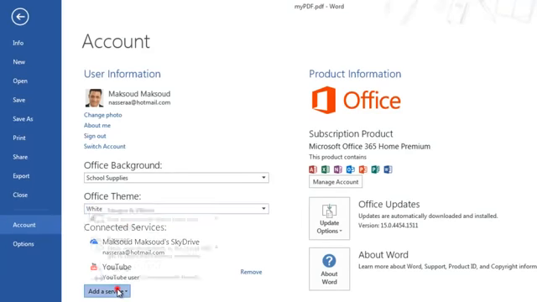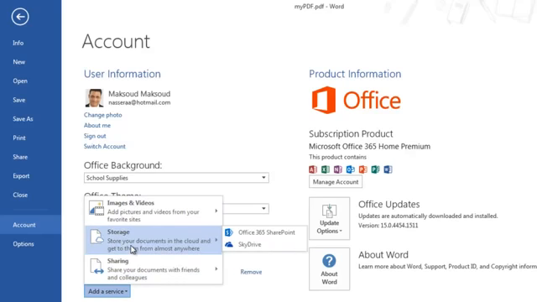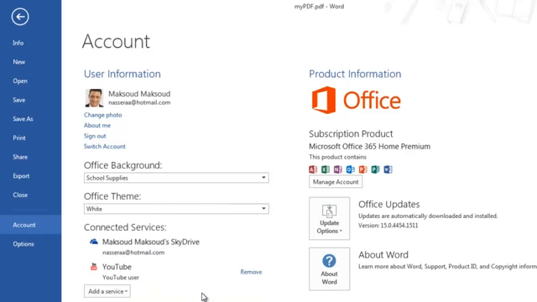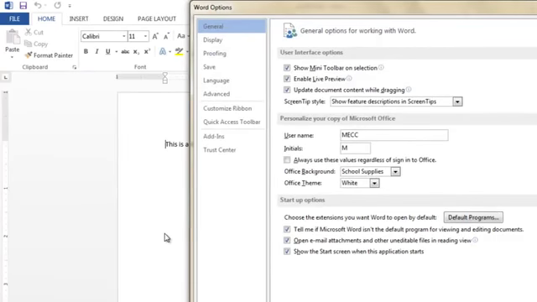You can even add some services. You can add some storage. You can add sharing. You can add Facebook, and you know why? Because you can share it with your Facebook account, right? So it integrates your application with items that you have. Options. It will open the Microsoft Options